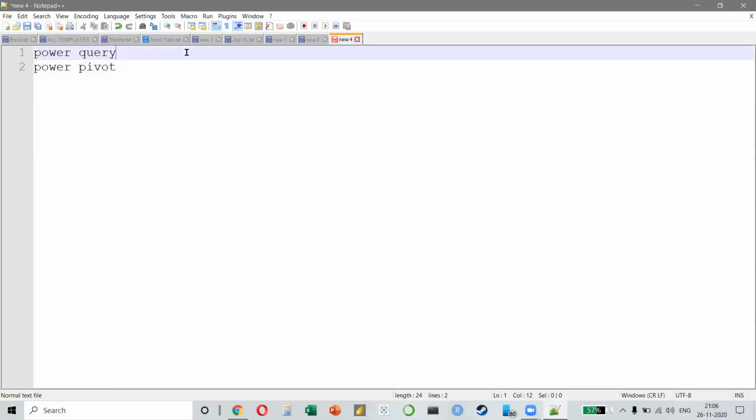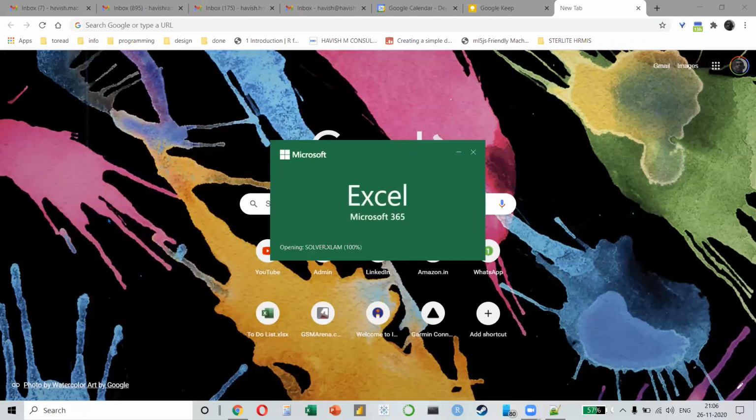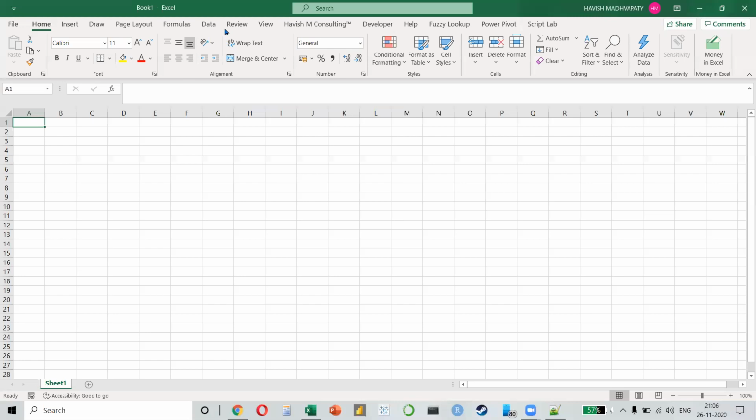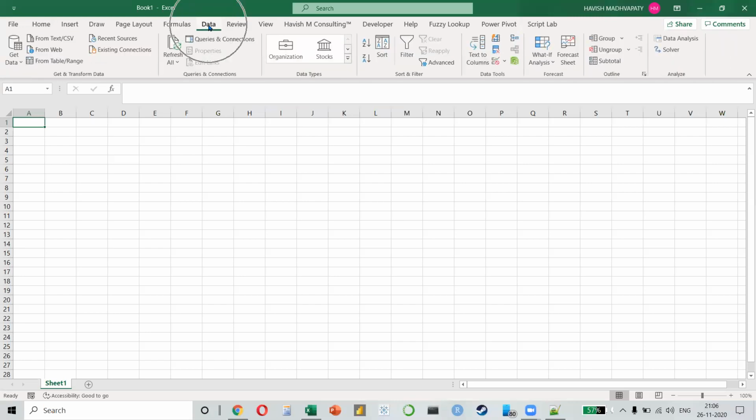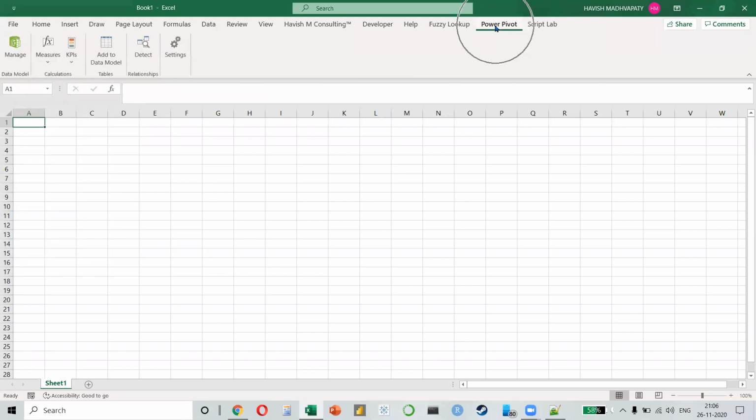In Excel, Power Query is called Get and Transform Data. Let me just show you where the option is. So in the Data tab, you notice this entire group called Get and Transform Data. This is Power Query. As you can see, this is the Power Query editor. Obviously, the same thing is also available on Power BI. We also have Power Pivot here, which allows you to create data models.